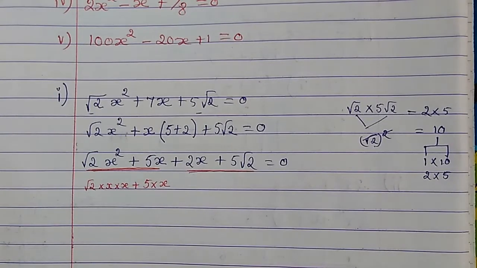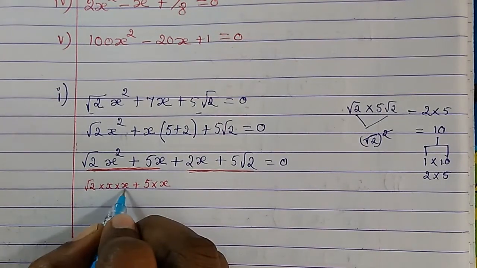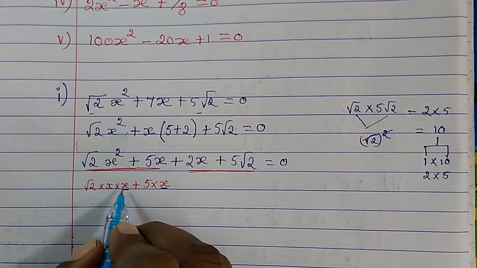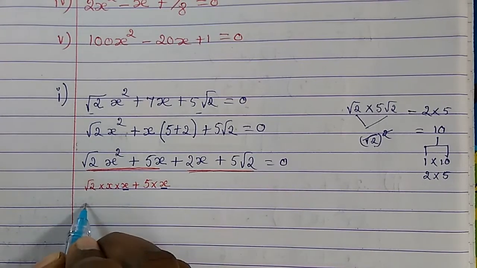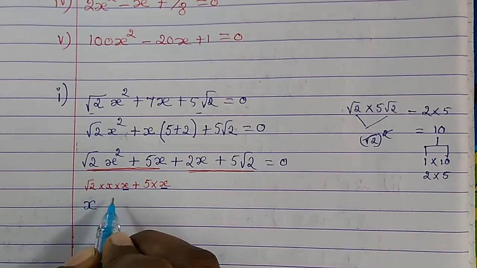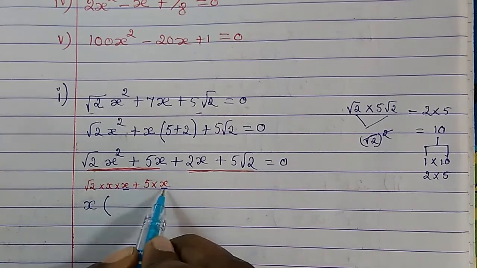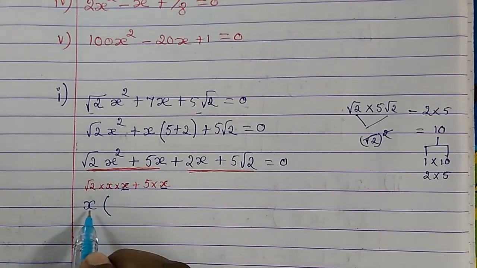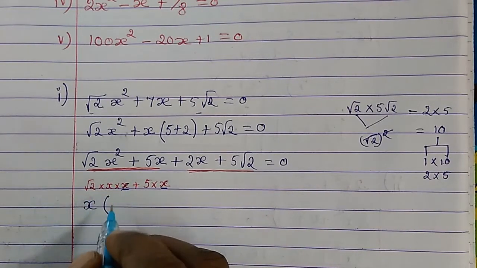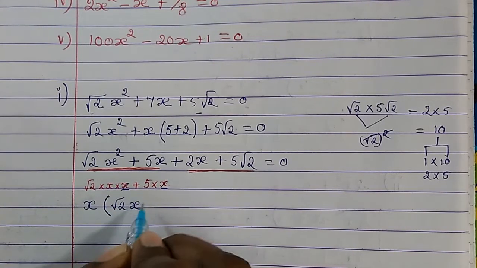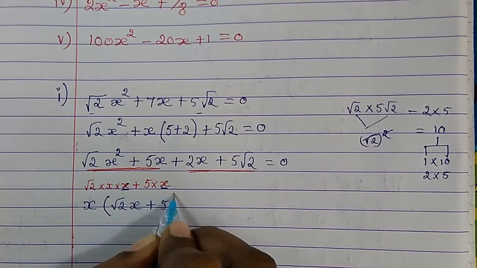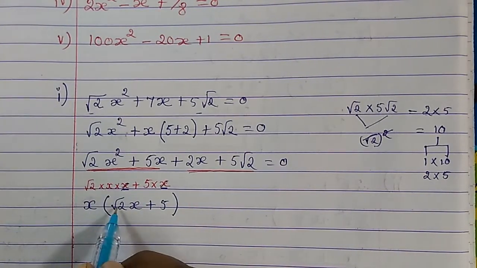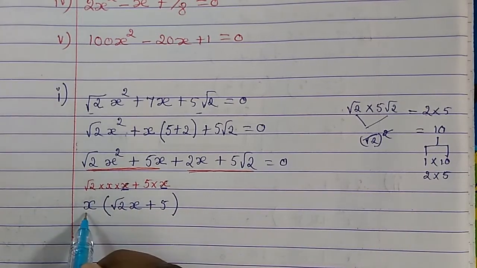First we will complete this. Now which thing can we take in common? Here also we have x. Here also we have x. Okay. So only x we can remove in common. Now inside the bracket what we will get? Both sides we have common only x. So x we have removed. Okay. I'll just cut it. That we have removed in common. Now what is left? Root 2 x is left. So we'll write down root 2 x plus what is left? 5. So that's how we take it in common. Okay. Now you multiply and see, you will get it same. Root 2 remains the same, x into x, x square plus x into 5, 5x.